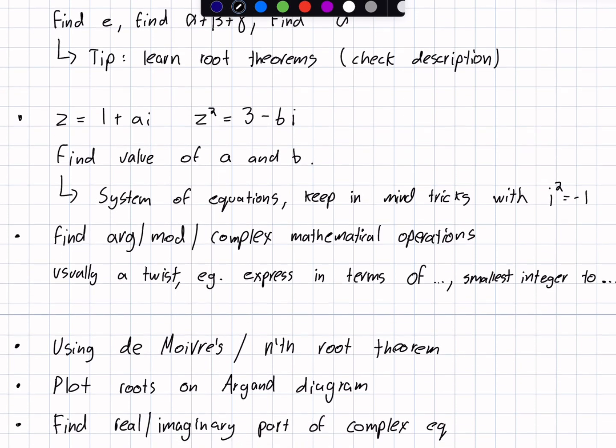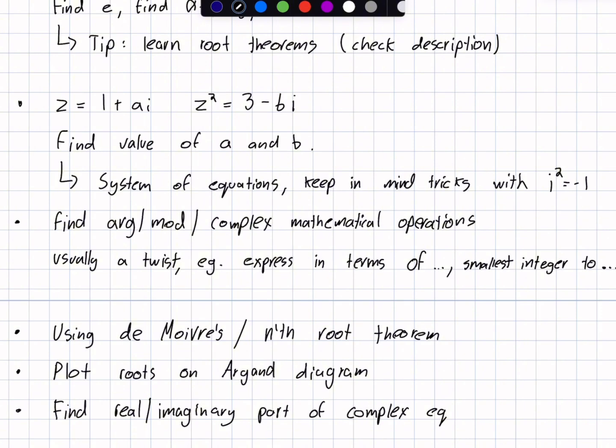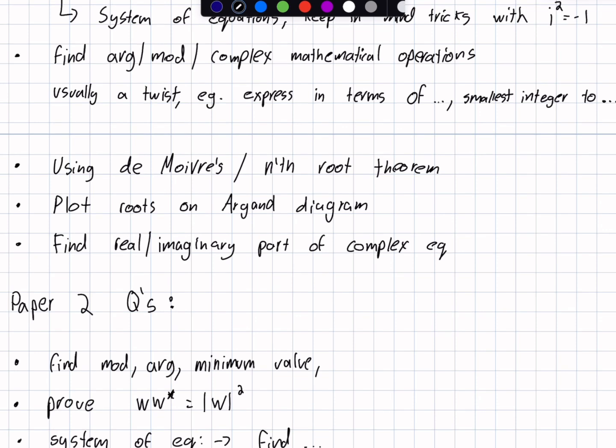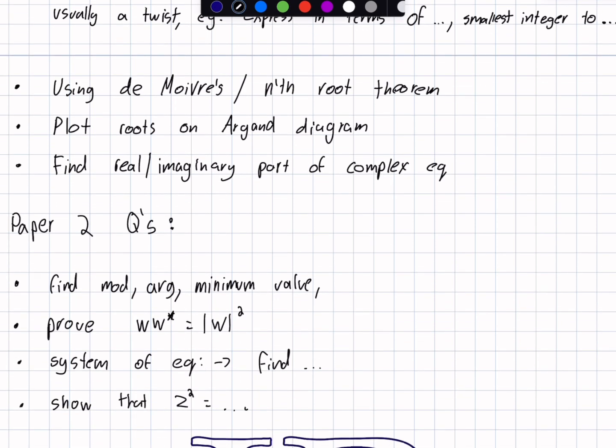There will be questions where they just ask you to use De Moivre's or the nth roots theorem, or plotting points on the Argand diagram, or finding the real and imaginary part, of course for part B of a paper 1 as a small part of the question. For paper 2, again, for the smaller questions, you'll be asked to find the modulus, the argument, or the minimum value, or to prove something,